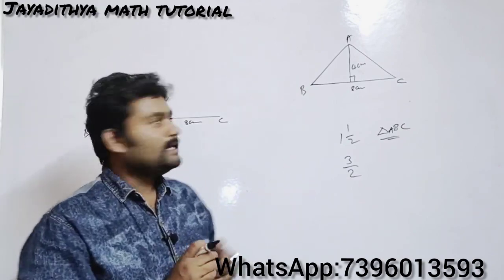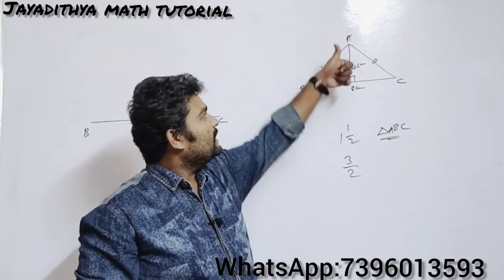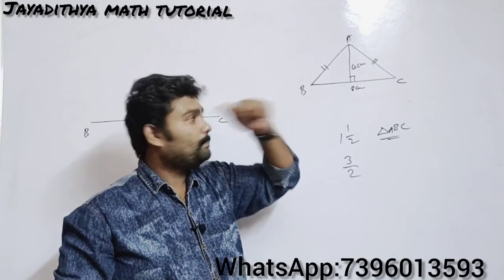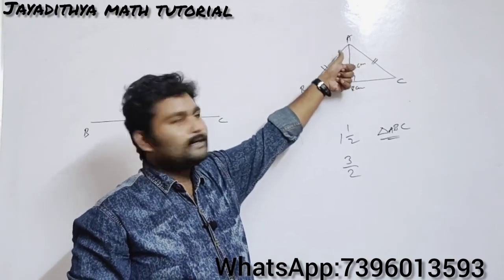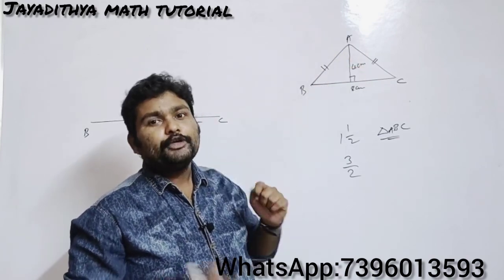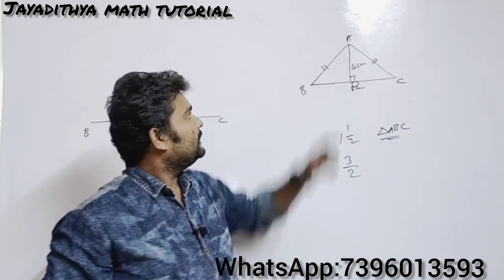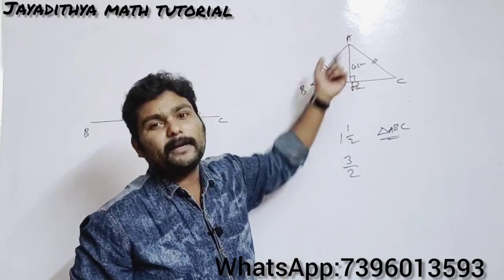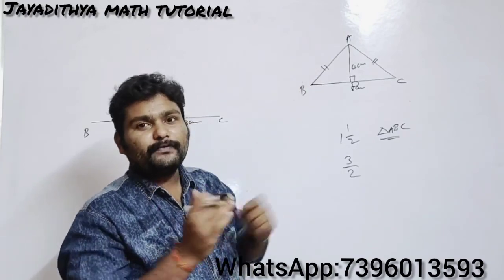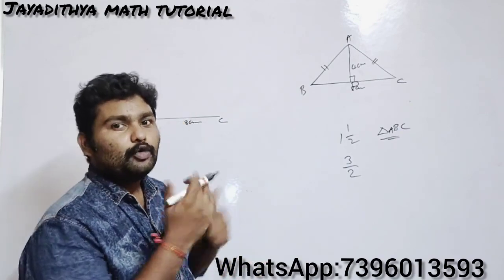In an isosceles triangle, let us take these two sides as equal. Therefore, the perpendicular bisector of the base will be the median of the triangle from vertex A. So this point D, AD will be the height. The height of the triangle lies on the perpendicular bisector. That is very important. So before taking the height, first you need to draw the perpendicular bisector. How to draw the perpendicular bisector?